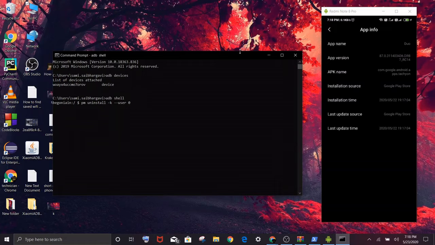Then type it in here: com dot google dot android dot apps dot tachyon. Make sure you have entered all the spellings correctly: com.google.android.apps.tachyon.